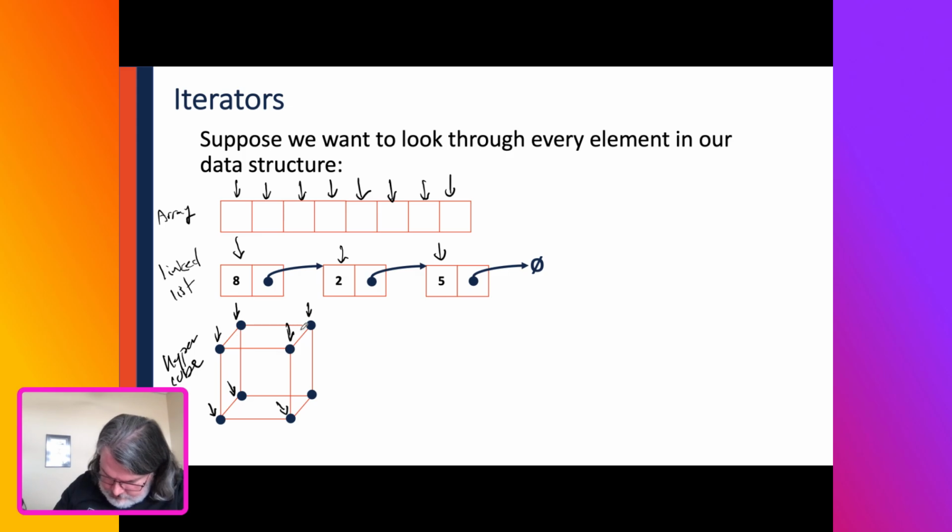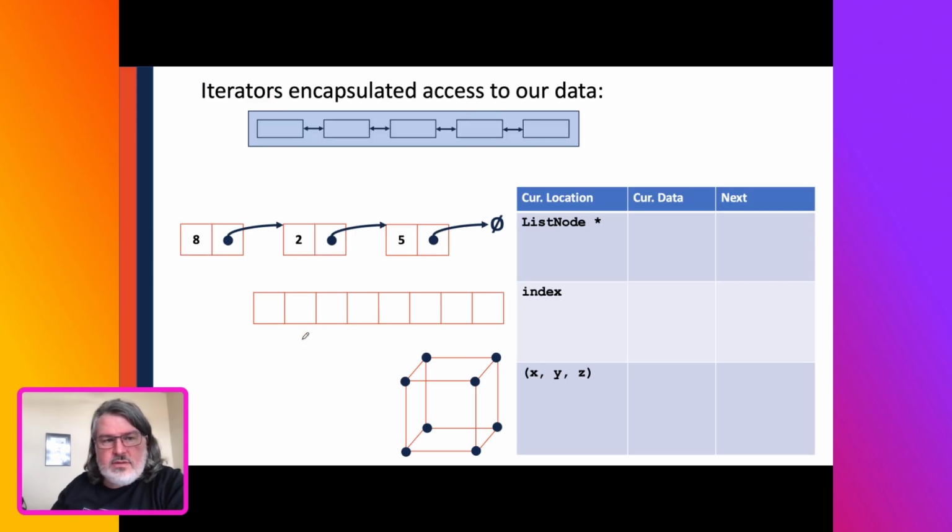So let's think about how we would go about this. The idea of an iterator is to provide you one interface to let you do things like this, so you don't have to know the different ways to access them. Because otherwise,